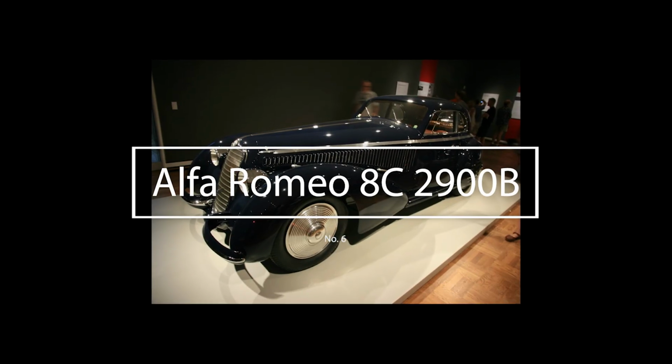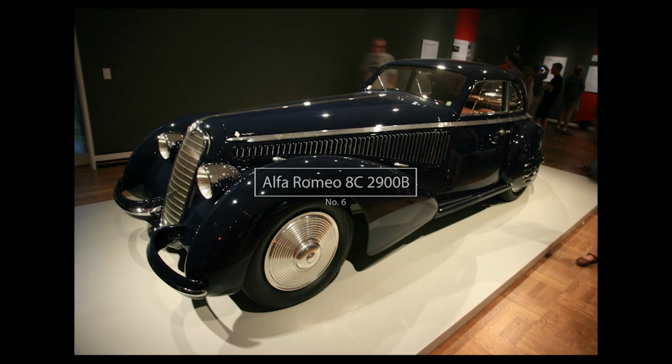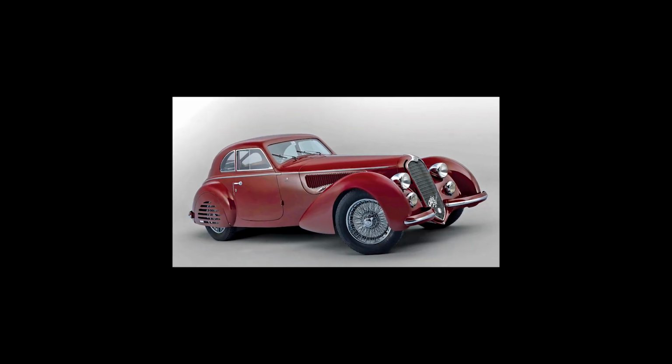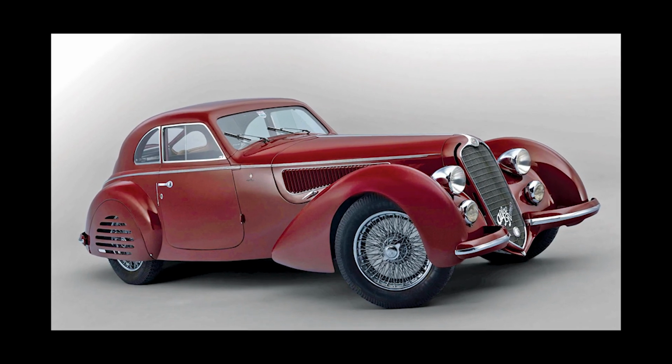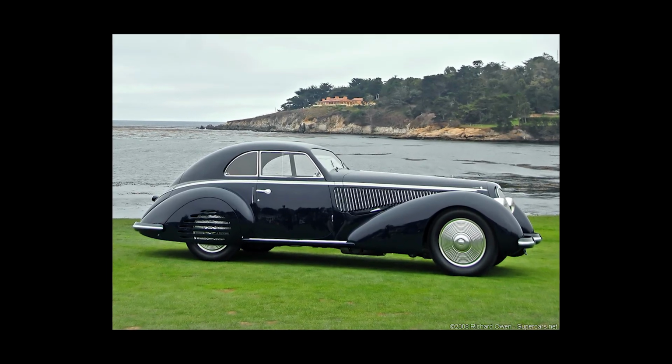Number 6, Alfa Romeo 8C2900B. The Alfa Romeo 8C2900B was a sports car that combined racing performance with elegant styling. The manufacturer made only 32 examples of the 8C2900B, and sold them for around $12,000 in 1938, which is equivalent